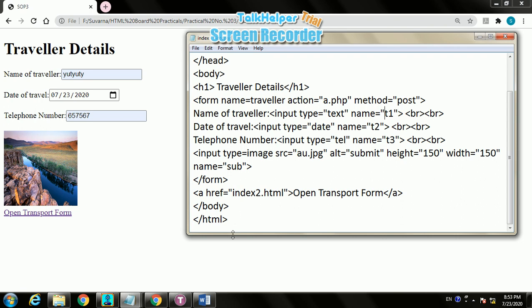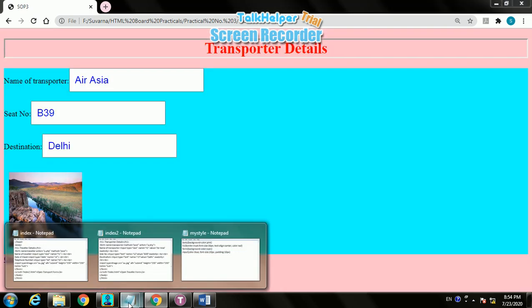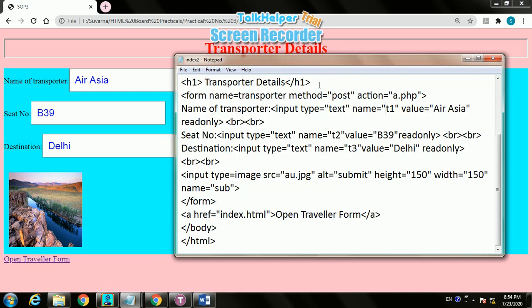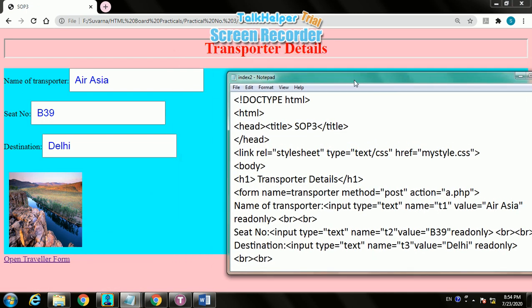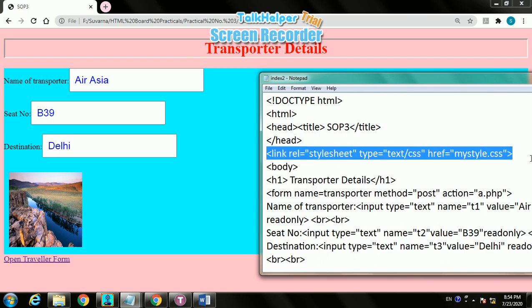Then end of body and end of HTML. This is the coding for our first page. Then let's move to the second page. Here again doctype HTML. Then after end of head we have provided link relation.